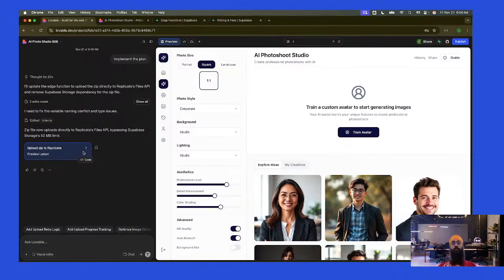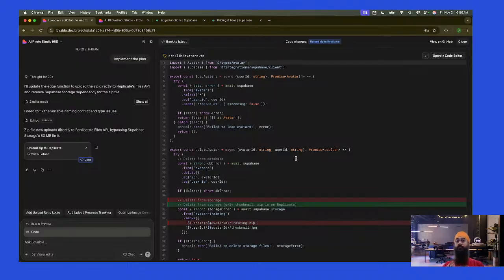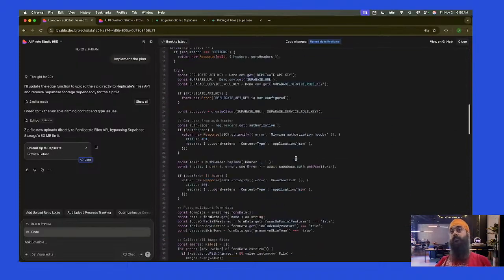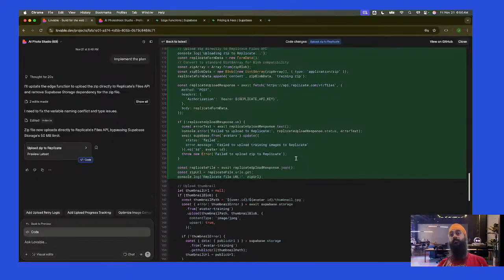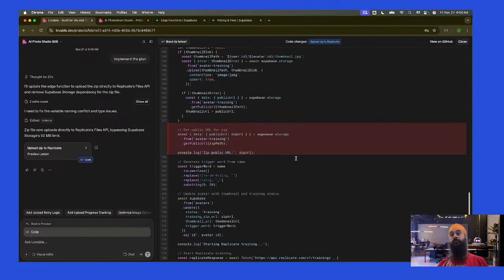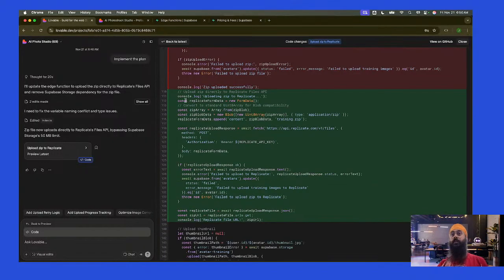Okay, let's see what's up. Uploading zip to Replicate, zip block data, Replicate upload response, V1 files.